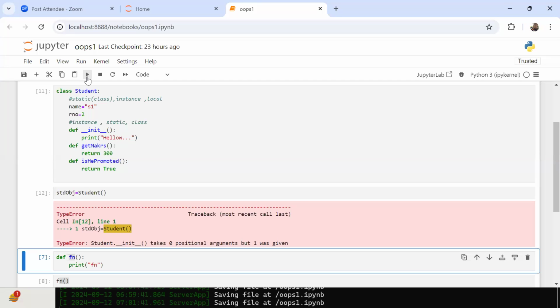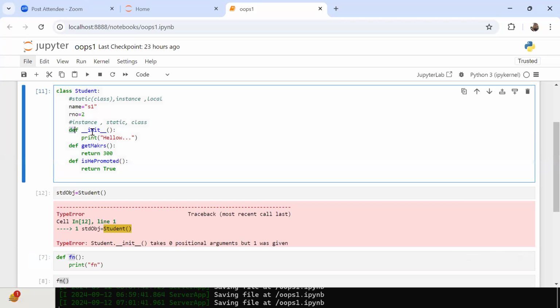Last time, when this was not there, I didn't get any error. Just after I added this code snippet, I get this error. Tell me. Come on, you can. Anyone? It expects one argument. Perfect. It expects one argument. Which one is expecting one argument here? Init. This init or not?